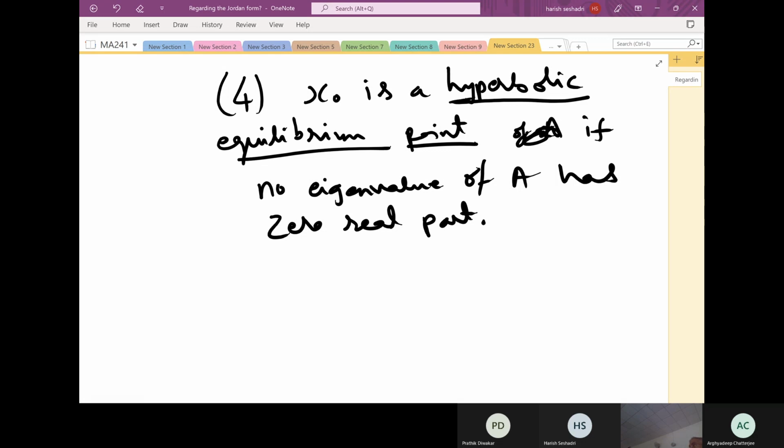But then the question becomes, theorems can be proved, but how realistic is this? After all, differential equations have applications. In applications, is it a realistic thing to say that it's hyperbolic? That's a separate question, but from a mathematical point of view, this condition